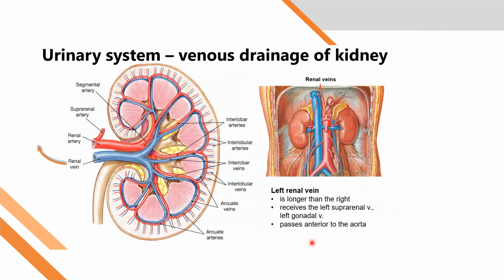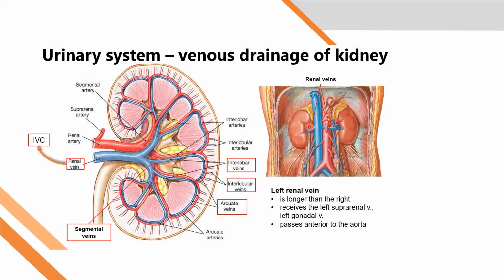Venous drainage is by the renal vein. Interlobular to the arcuate vein, to the interlobar, to the segmental veins, to the renal vein, and eventually to the IVC. Just an important note for you to know that the left renal vein is slightly longer than